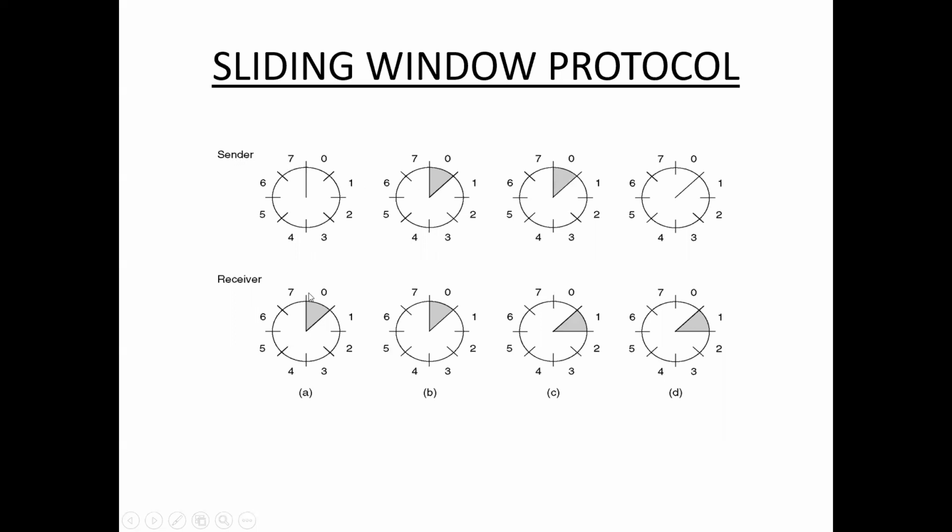And at the sender window, see here, in diagram B, 0 is shaded. That means the sender sends 0. If the sender sends a particular frame, then that is shaded. And if that frame is completed, it is unshaded. See here, 0 is completed, which means the sender got acknowledgement for frame 0, so 0 is unshaded. So this is about the 1-bit sliding window protocol. Both the sender size and receiver size are 1.